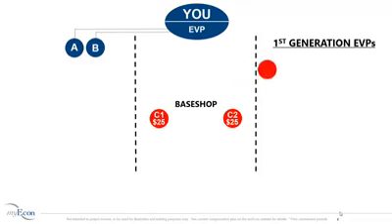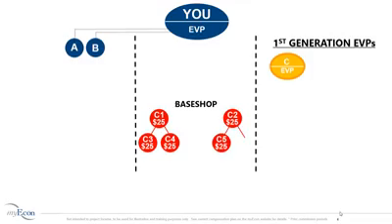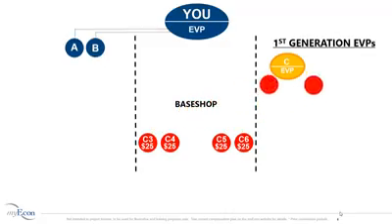C is now promoted to Executive Vice President and moves to your first generation. C1 and C2 were left in your base shop, and you earn $25 commissions for each. This is a total of $50. In order for C1 and C2 to get promoted to Executive Vice President, they must each sponsor 2 marketing directors. When C1 sponsors C3 and C4, and when C2 sponsors C5 and C6, they are both promoted to your first generation as Executive Vice Presidents.